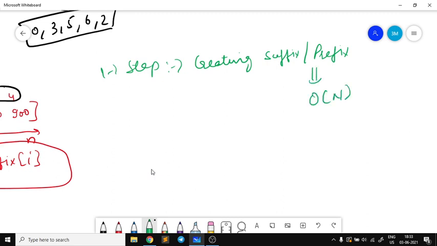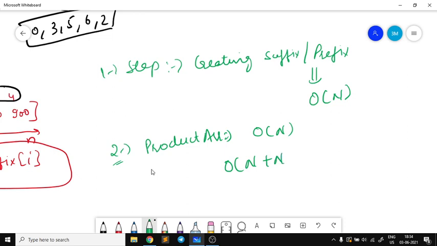In the second step, we iterate and find the product array, which again takes O of n time. So the final time complexity is O of n plus n, which is near about big O of n, because we always talk in terms of asymptotic time complexity.